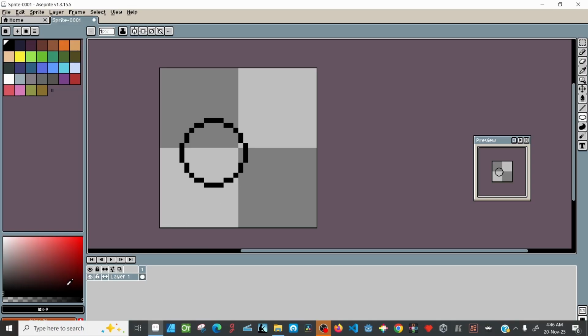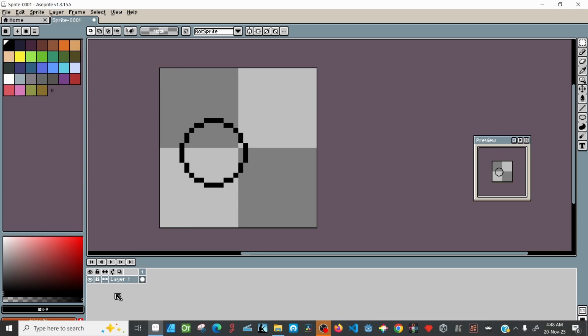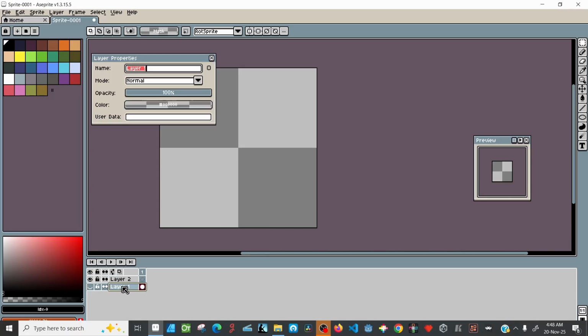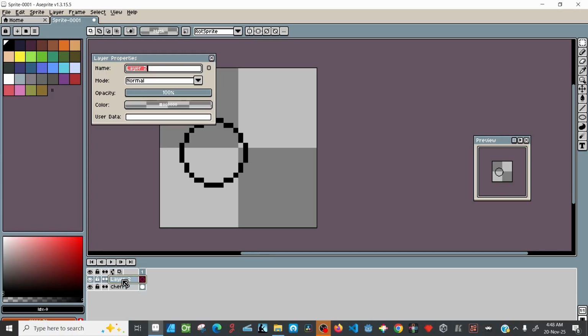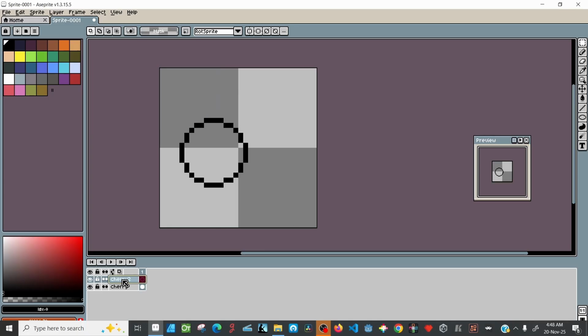Now we have this on one layer. If I go over to the layers and click this, we're deselecting that layer. So let's create a new layer. To create a new layer, we could just hit Shift N. And to make things properly organized, I'll hit F2 to rename this. I'll call this cherry. And here on layer 2, I'll hit F2, call that cherry 2. So that's going to be our second